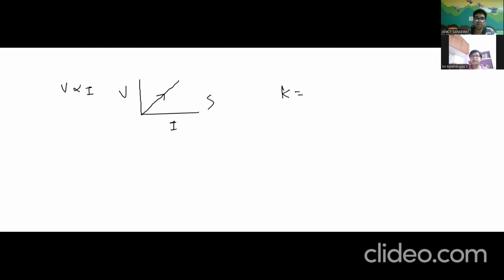ML by n square tau A. Clear, check again. N square tau A, this is now. So when I remove this V, what is the slope? If I ask what is the slope of this graph, this theta, constant. And if I complete this a triangle, this will become V and this becomes some value of current. So the ratio of this triangle, this slope of the V versus I graph, tells us resistance. Slope of V versus I graph